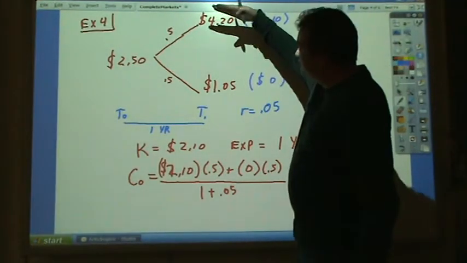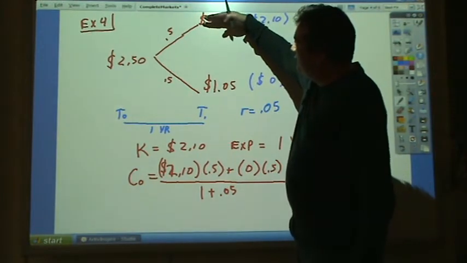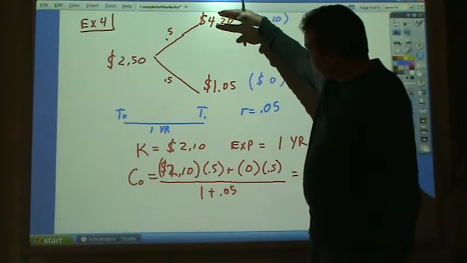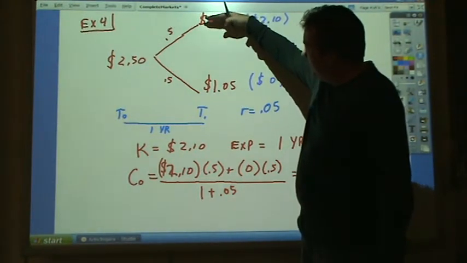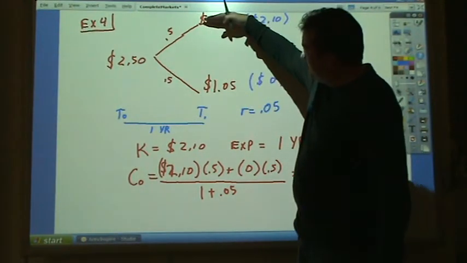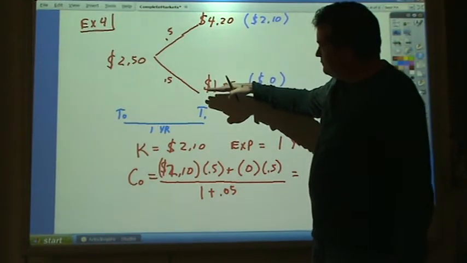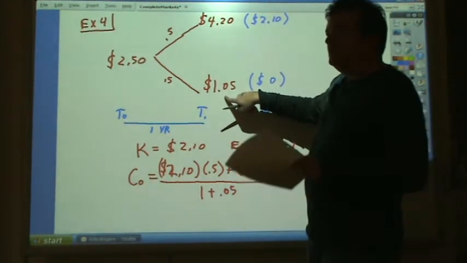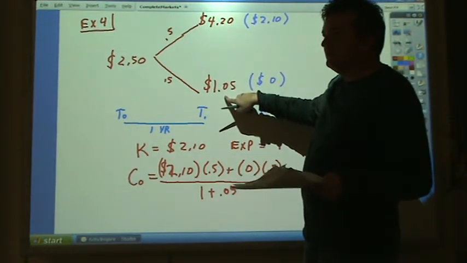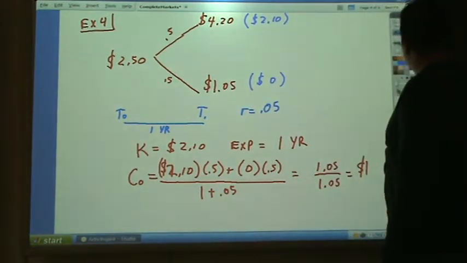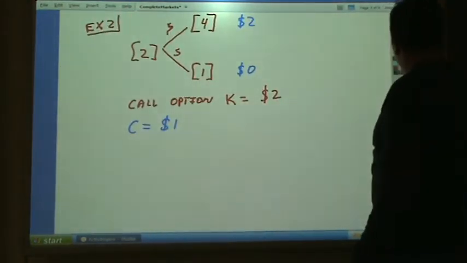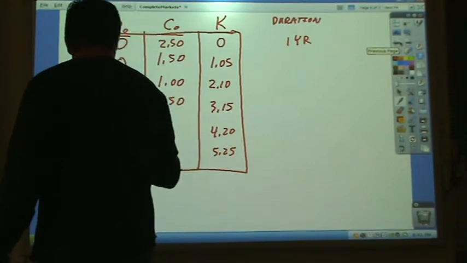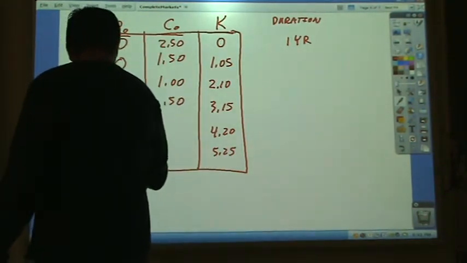And then for a strike price of $4.20, what would you pay for a call? You get everything above $4.20. It'll never go above that, so you pay nothing. For a put with a strike price of $4.20, you get everything below $4.20. So you get nothing up here, and you'll get $3.15 if it goes into the downstate. Discounted back would be $3, and you get that half the time, so that would be $1.50. That would be $1.50 for the put and 0